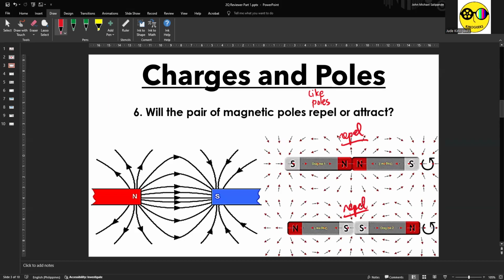The second principle of magnetism is that unlike poles attract. So obviously, this one on the bottom left, the north end of one magnet and the south end of another magnet, when you place them together, they will attract, because the magnetic field of the north pole, which is oriented away from it, will be attracted to the magnetic field of the south pole, which is oriented towards it. That's why attraction will occur.